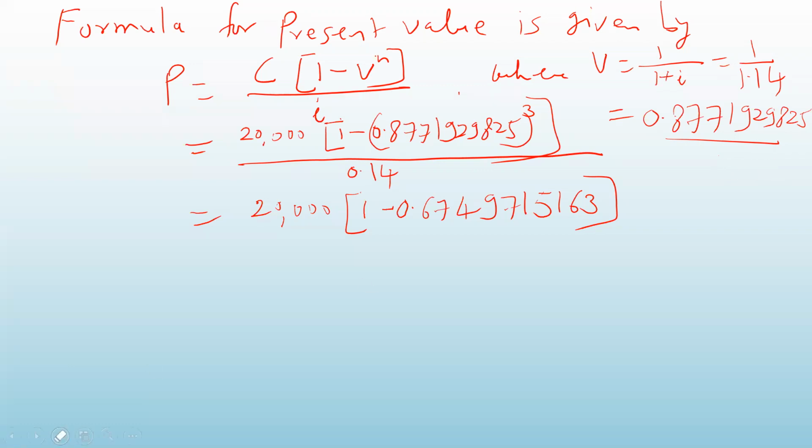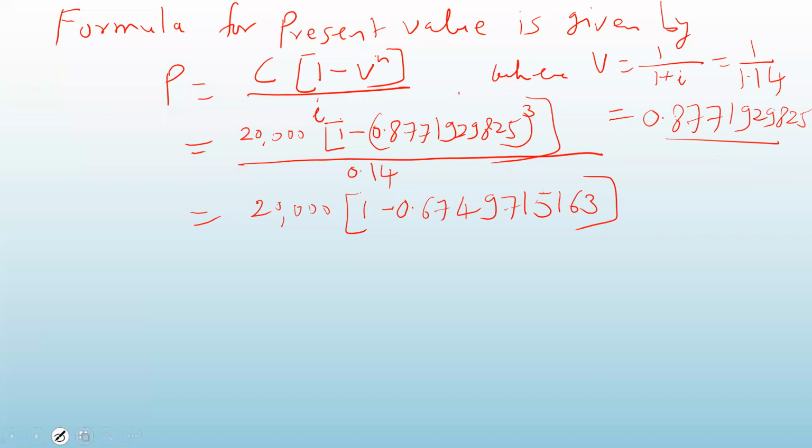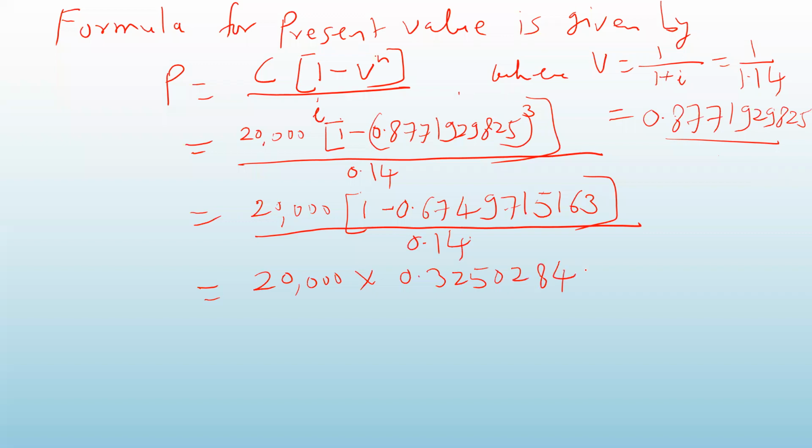Or if you have a scientific calculator, then in that you can easily find the raised to power of any number, raised to any power. So this divided by 0.14. Now this will give you 20,000 into 1 minus this, which gives you 0.3250284837, divided by 0.14. Multiply this by 20,000 and divide by 0.14, and it will give you